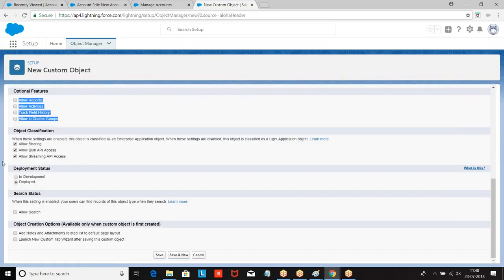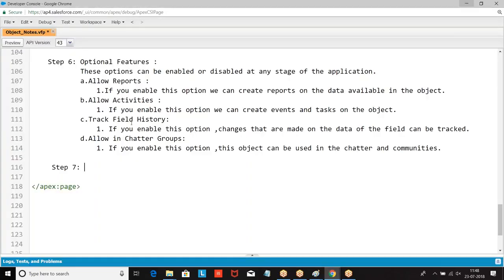Now, what is option number 7? Object classification. What is this object classification? Is this object accessible for Lightning or Classic?